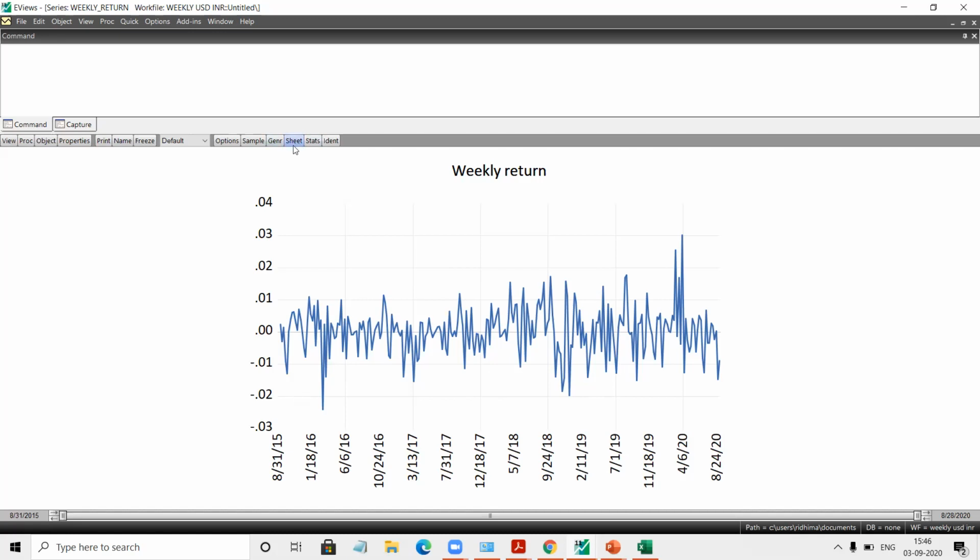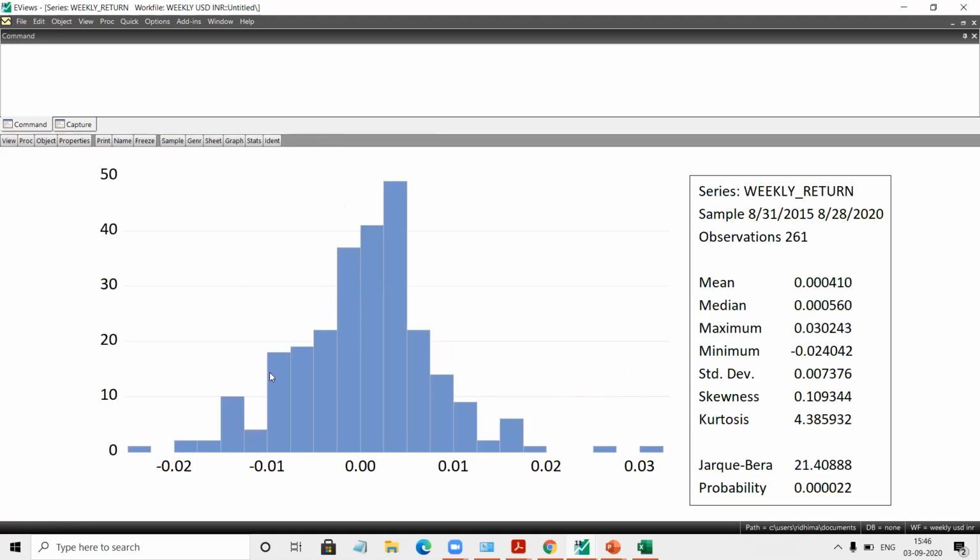That we will do in a later video. Let's see the statistics, and you can see that this also shows the properties of a normally distributed bell curve, and how we can adjust all those things, that we will learn. But the basic stats you can see here are on the weekly returns of USD INR.